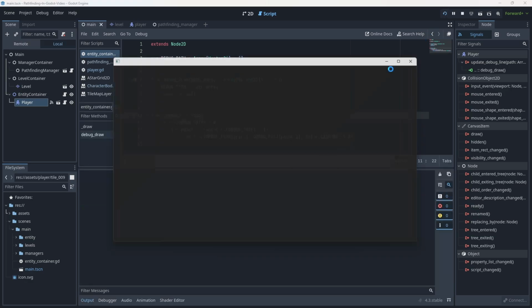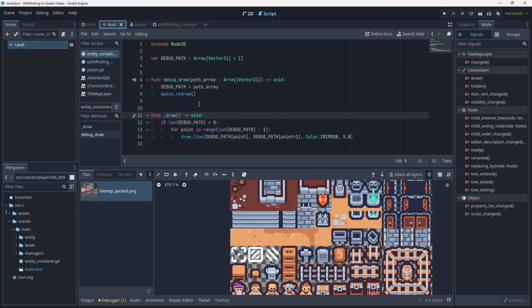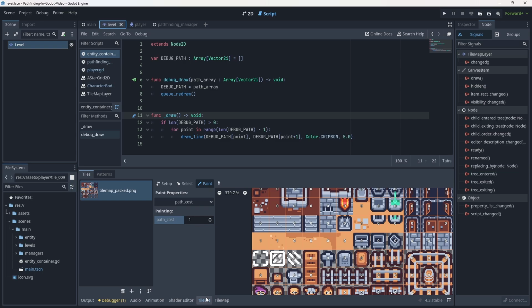So with all of that done, I should be able to hit play and pray that nothing breaks. And there you go, nothing is breaking. And as you can see, we are now pathfinding around. The little debug line that's drawing is telling us where we're going and what we want to be doing. As you can see, there is just kind of no weight to any of this, right? It's just kind of pathing along as much as it can without taking the terrain into consideration. So to change that, we're going to go back to the tile set, go back to the path